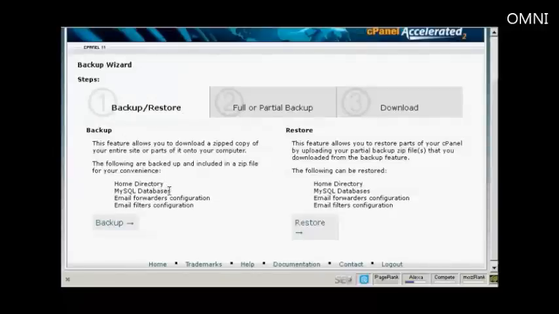And what you want to back up really are the two things that you need for your WordPress blog to work: the home directory and the MySQL databases. Things like email forwarders configuration and email filters configuration are more to do with the actual running of your website. So we click on Backup,